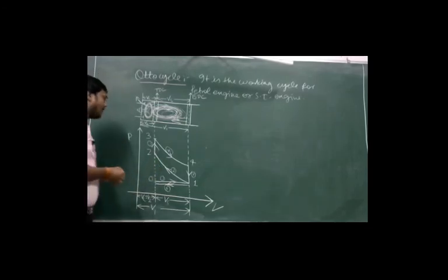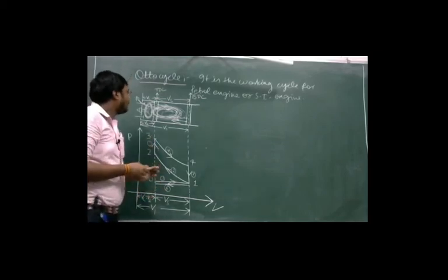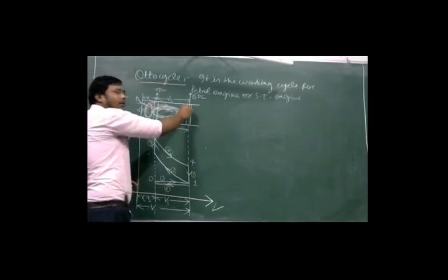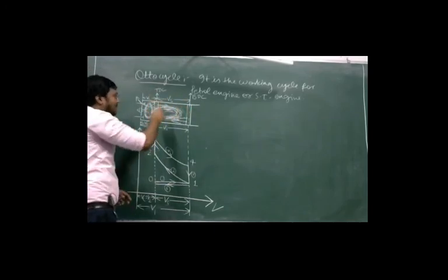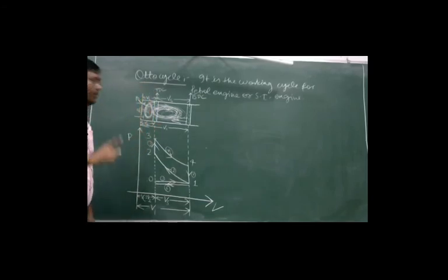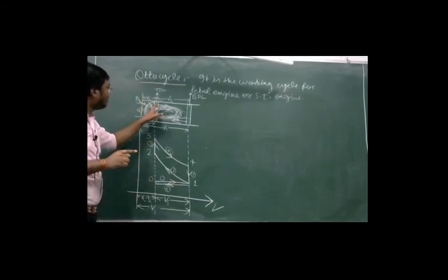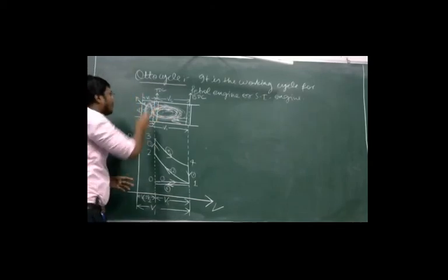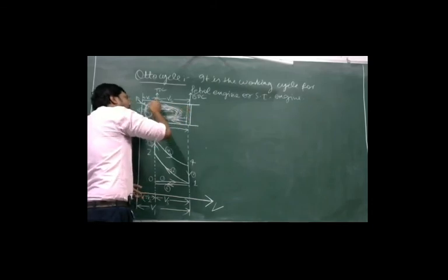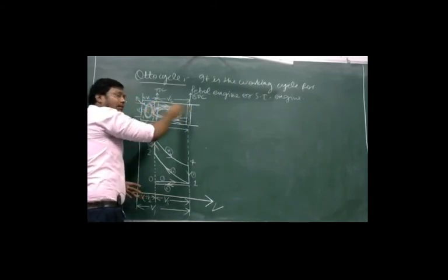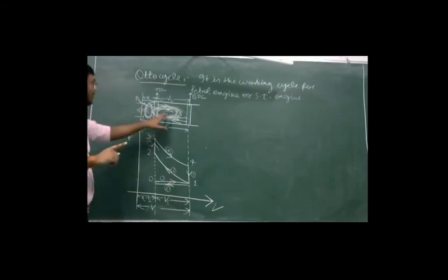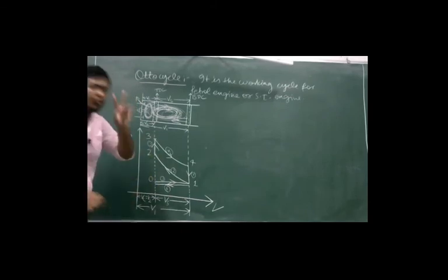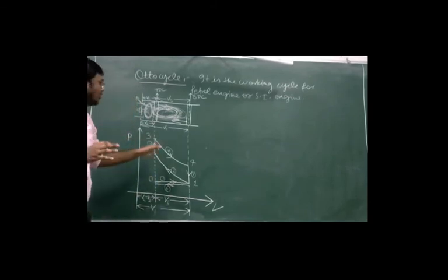See here, I have told you earlier what a stroke is. When the piston moves from TDC to BDC or BDC to TDC, then only can we say this is a stroke. Means for a stroke, the piston must move from its position, either from TDC to BDC or from BDC to TDC. Then only can we say this is one stroke. So here there are 6 processes, but in 2 processes the piston is not moving.